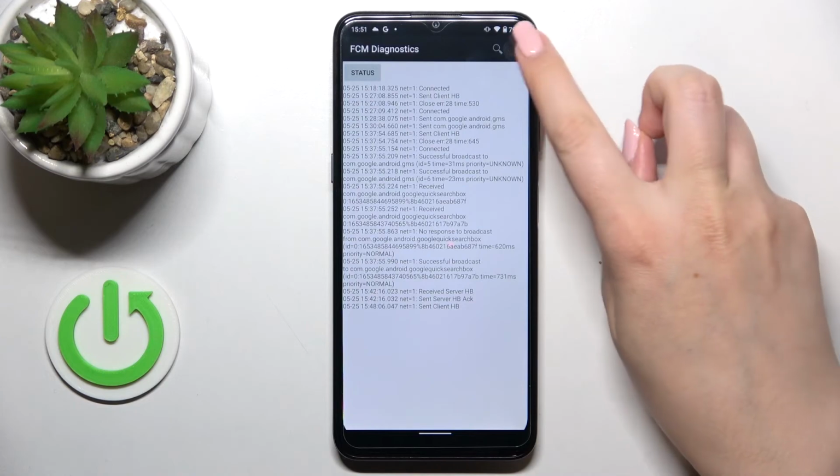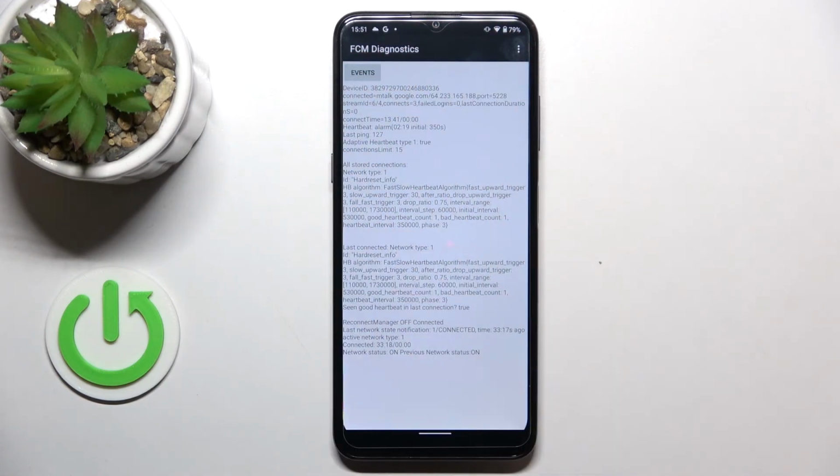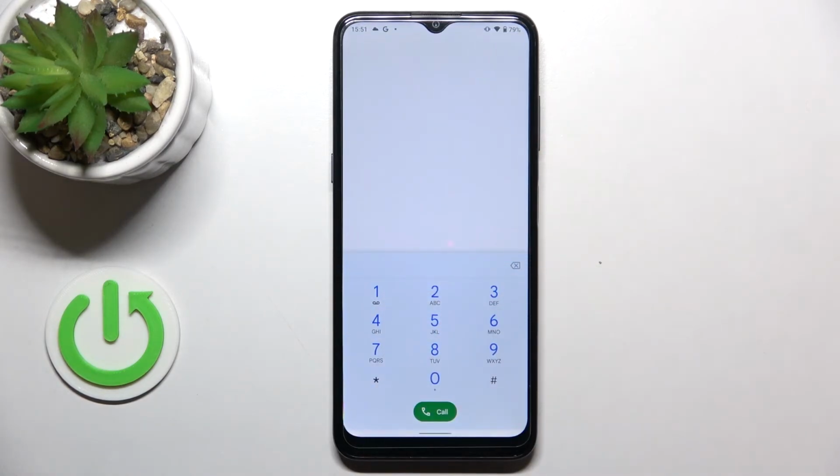After tapping on the three dots icon, we can show advanced view. Just tap on it and tap on the status again. And as you can see, here we've got much more info. So for example, we can check the heartbeat, last ping or HB algorithm. So let me get back, that's all for this code, and let me show you the last one, which is connected to the calendar. So the code is